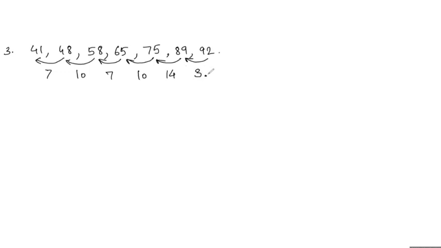So clearly the pattern is wrong. It is 7, 10, 7, 10. The same pattern should follow, but after 10 it is becoming 14. Let us check with the correct pattern. The correct pattern is 7, 10, 7, 10, 7 and 10 again. Did you understand this? It is just alternate 7, 10, 7, 10 and again 7, 10. Did everyone understand the pattern? Yes, ma'am.